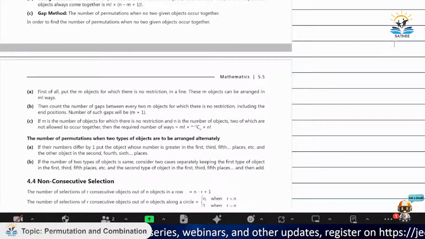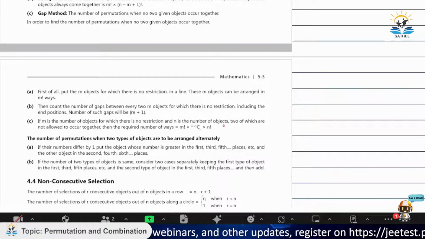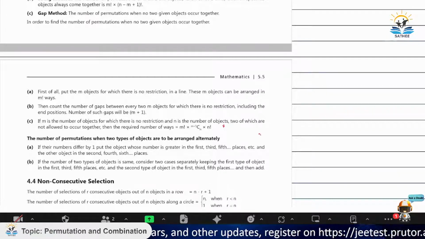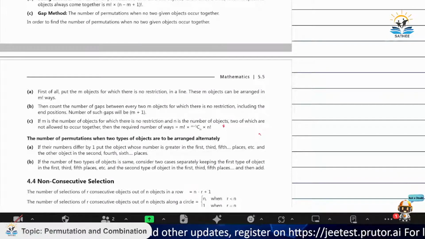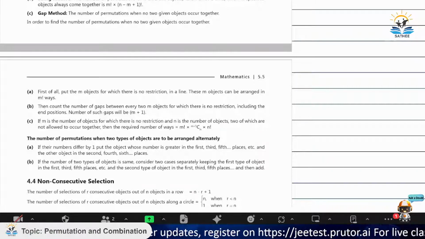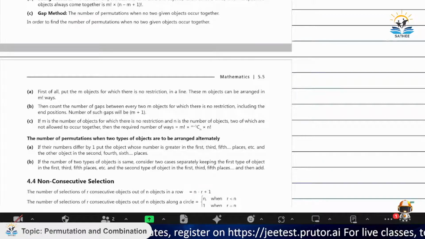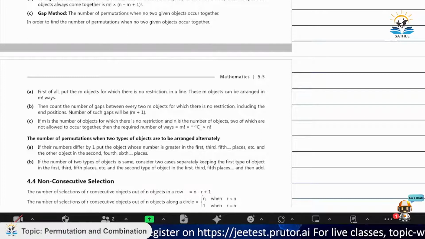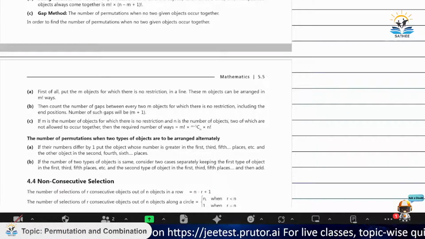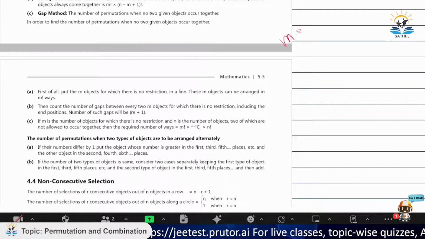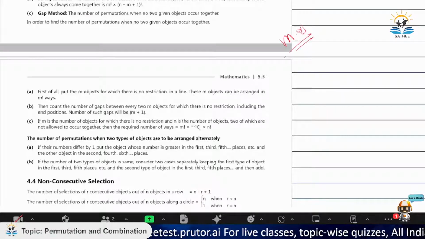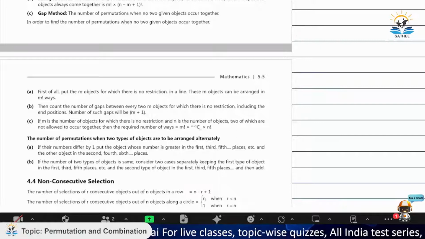I think there is a mistake here. N is the number of objects. No, I got it. What we are trying to say. Okay, so first, what we are doing is we're taking two of n objects from the gap. So let's just write the dash part here. What are we trying to do?